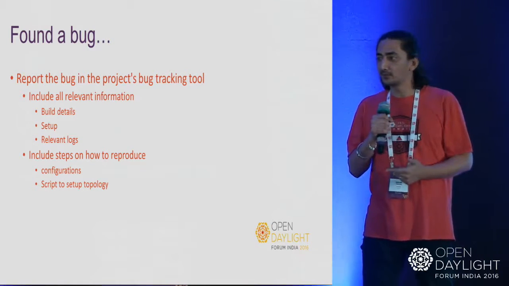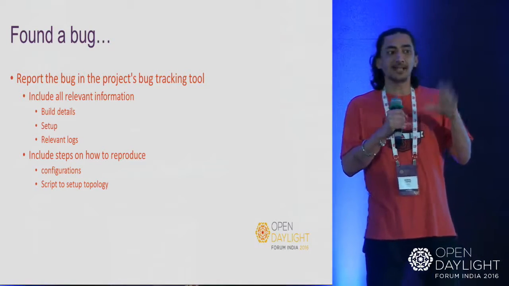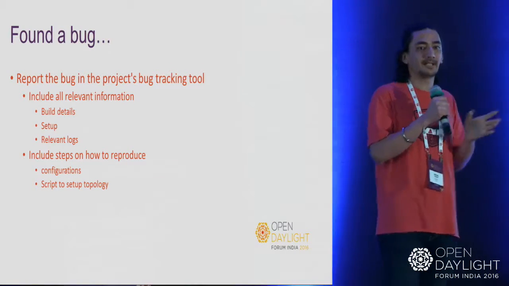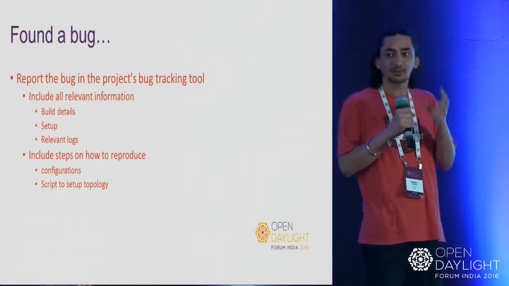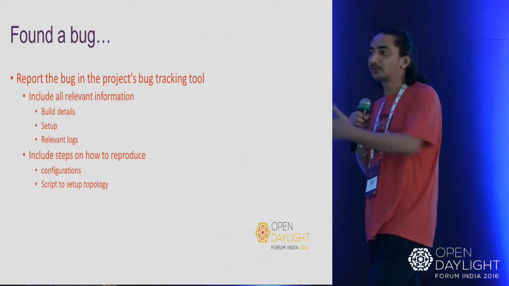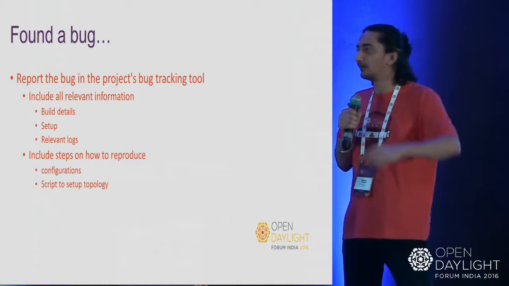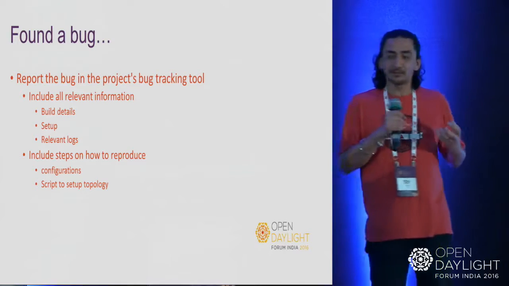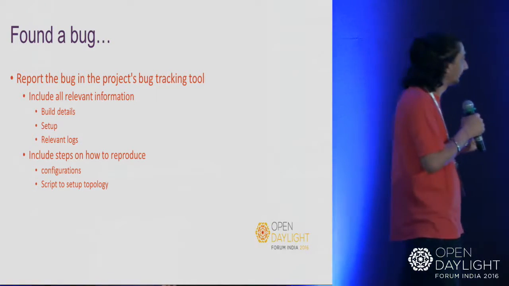Here also, before you raise a bug, look up. Has anyone else run into the same issue? If not, has anyone else run into issues in the same product? What sort of information did they attach? Look at some other bugs. What sort of information can you capture? For example, for the OpenFlow plugin, one of the first things we ask is, give me the flows you have in the switch, or give me the karaf logs from OpenDaylight. Capture as much information as you can.